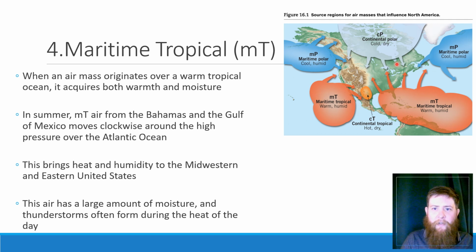And this brings a lot of heat and humidity, especially to this Midwestern area over here of the United States. It also brings a lot of heat to Baja California, Latin America, parts of California as well get some of this. With this very, very hot, very, very wet air, remember that those are the two main ingredients for thunderstorms. So when we get this hot, moist air moving into these regions, usually we get a lot of thunderstorms happening as well. And even up here in the northern part of United States, we get these summer storms as well, as this maritime tropical is moving in and creating these perfect conditions for these thunderstorms to happen.